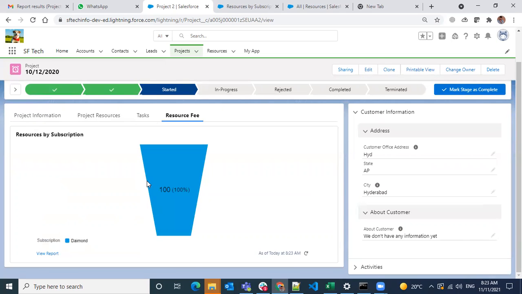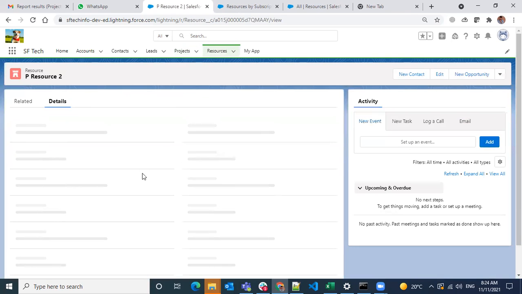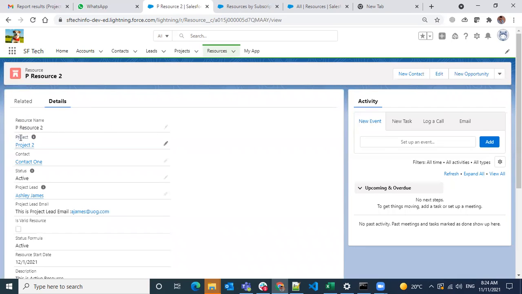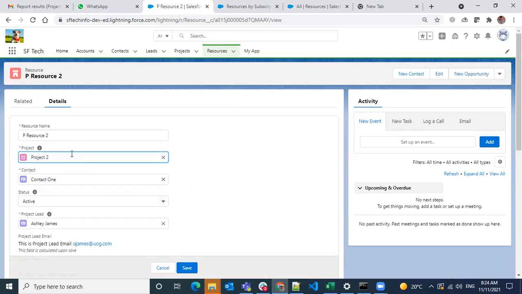Right. So my question is, the project ID is there, but what is that relation? So you see this one, right? This is a resource record. So when you open, what is the relation? Relation is this project. So you have a resource here. When you have a field called project, you are linking it to that project. When you're linking to the project, in the back end this is what it gets filtered.